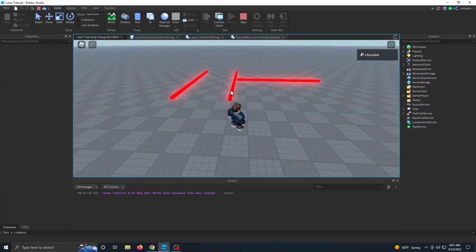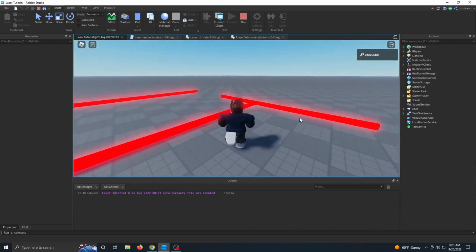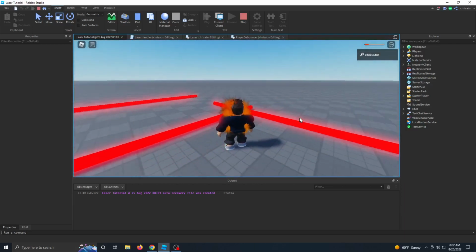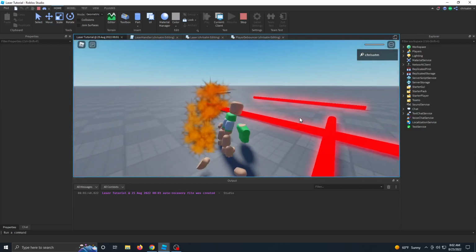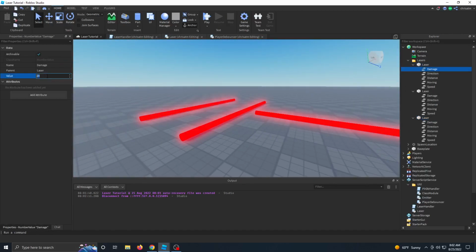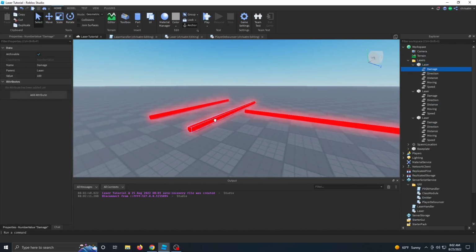So now, as you can see, this laser moves from front to back, and then this laser over here moves from left to right, and then it should damage me. So if it hits me, I get damaged, and not immediately, but every second I get damaged there. Let's make this laser do a ton of damage by killing me right away by changing the damage to 100. So this stationary laser, we set the damage to 100, and then let's change the direction of this laser from